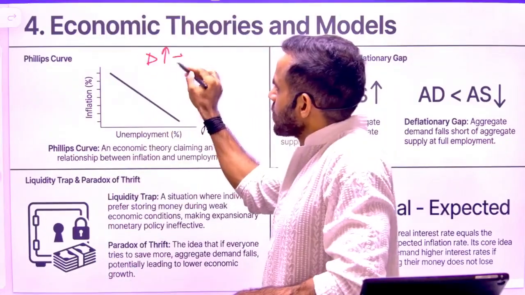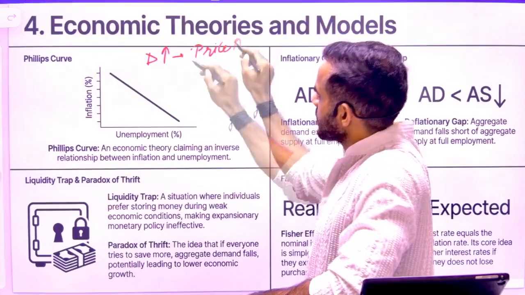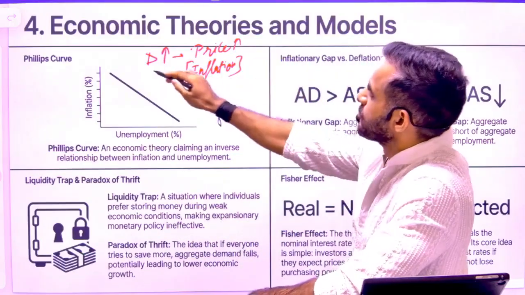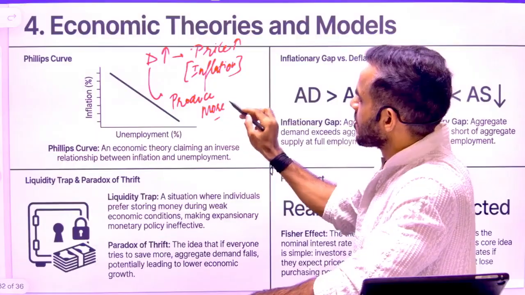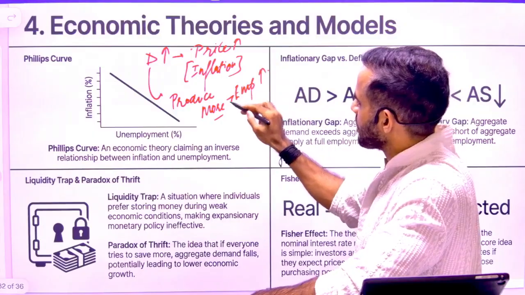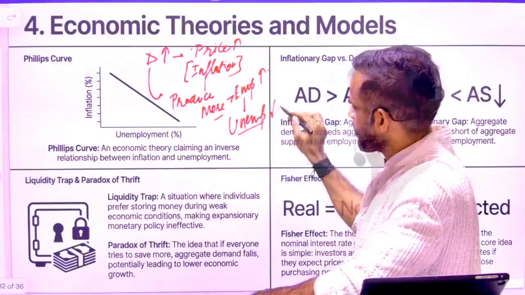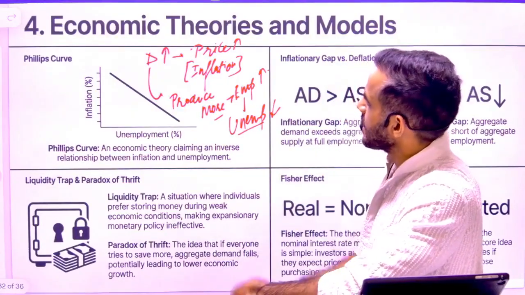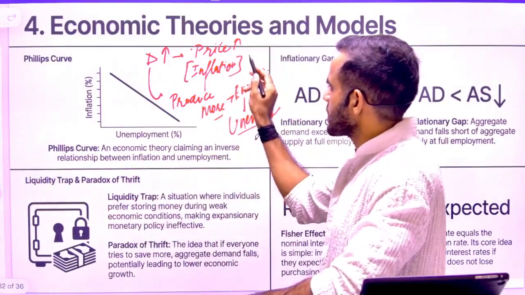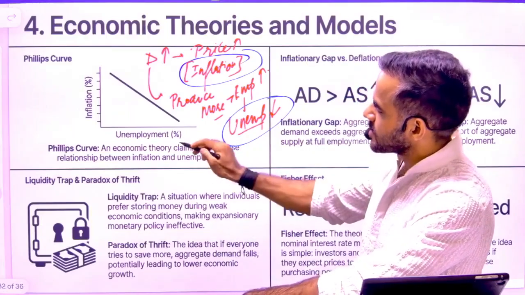Demand is there. Because of this demand, there is inflation, or price rise. This is nothing but inflation. Now, because of this, companies are producing more. Since they are producing more, the employment will go up. If employment is going up, the unemployment will go down, right? So can I simply say, in this case, whenever inflation is increasing, the unemployment is declining. This relationship is reflected through the Phillips curve.